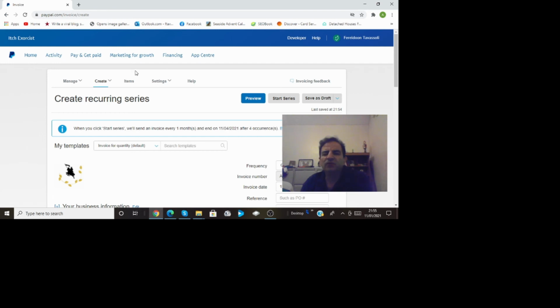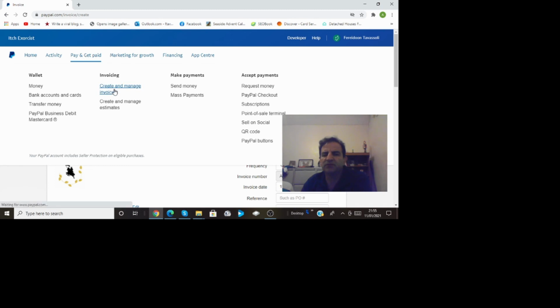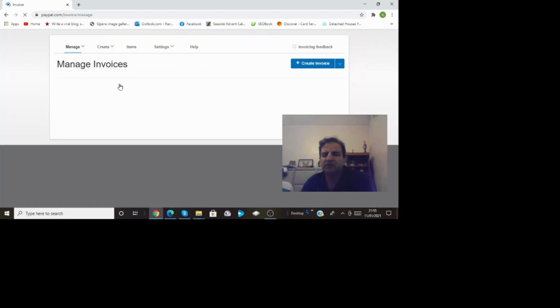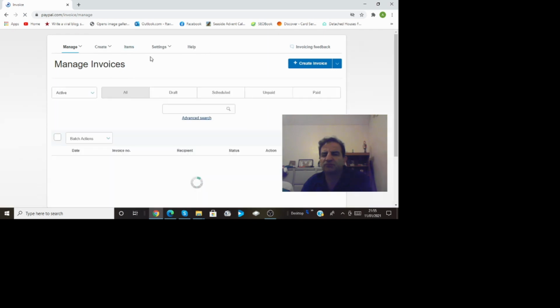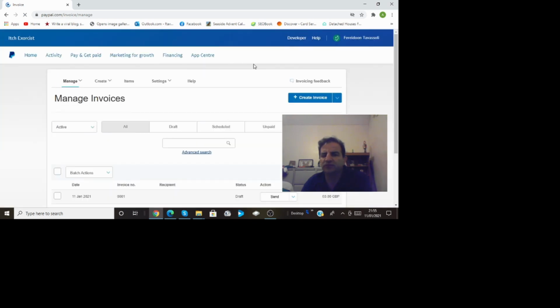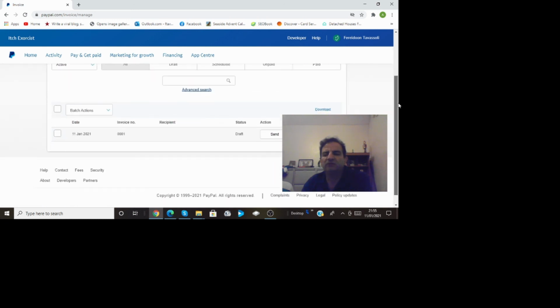Once you've done that, if you want to go back and see your invoices or manage them, you come to the same page, get paid and create invoices or manage invoices. You go there, same, just to start from the beginning, basically, just to show you. If you just logged in and started fresh, you just come under this button. It says manage invoices, manage recurring series, manage estimates. So if I go on the manage, at the moment I've gone on the invoices, and as you can see,